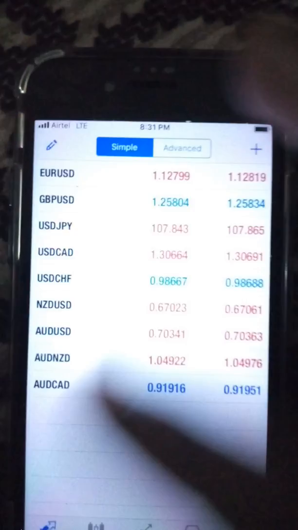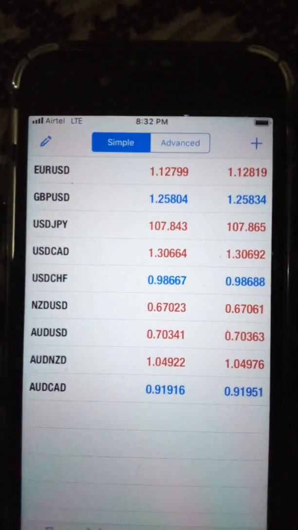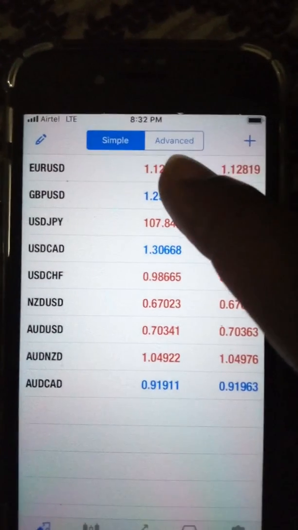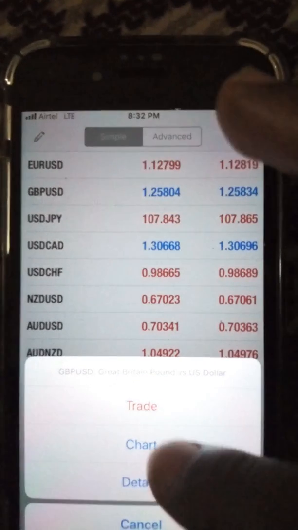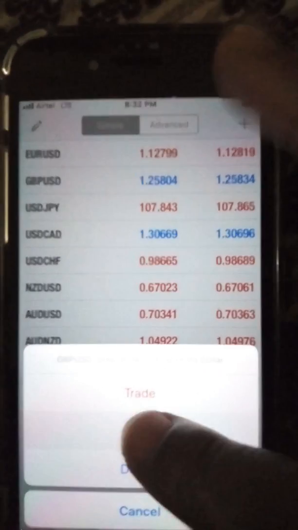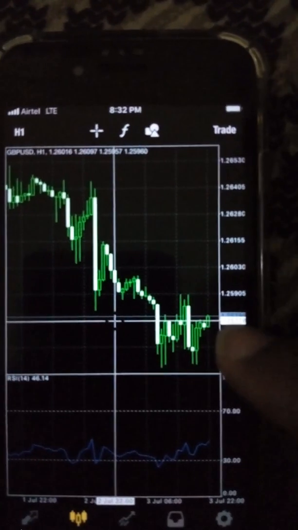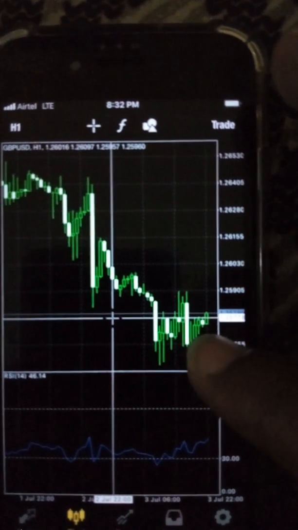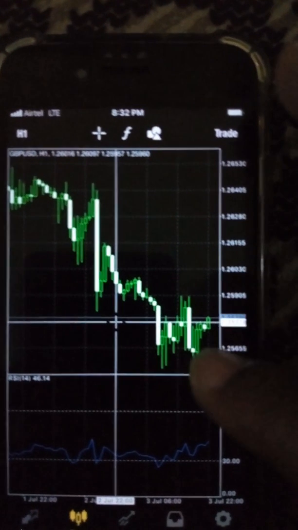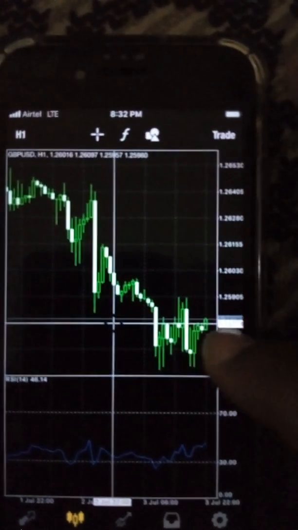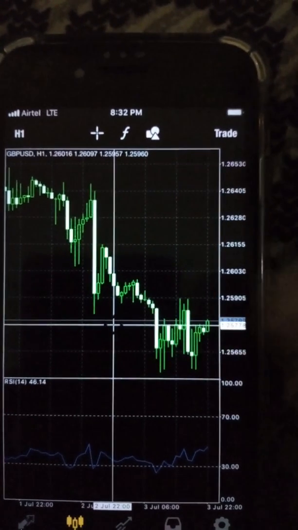I go to quotes. So let's say we want to trade Great Britain Pound USD. So I click on Great Britain Pound USD. I go to chart, because you must always analyze the chart before you trade. Great Britain Pound USD, the candle you're seeing is a transparent candle. It's showing an upward direction, like an ascending direction. Anything that is ascending in direction and is showing this transparent candle, it means a buy signal is in the